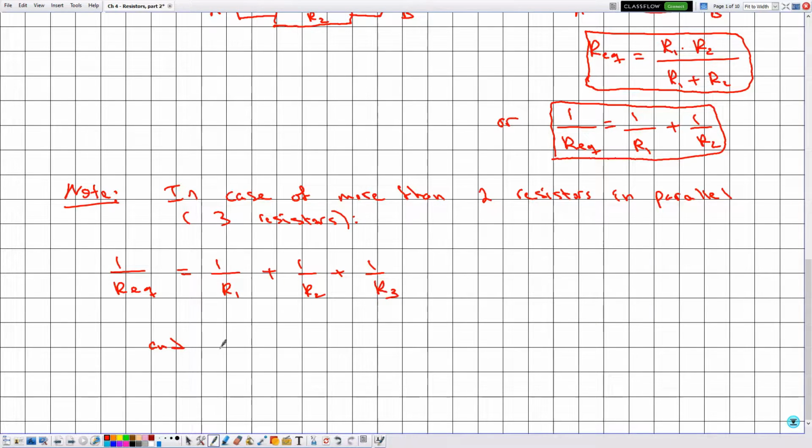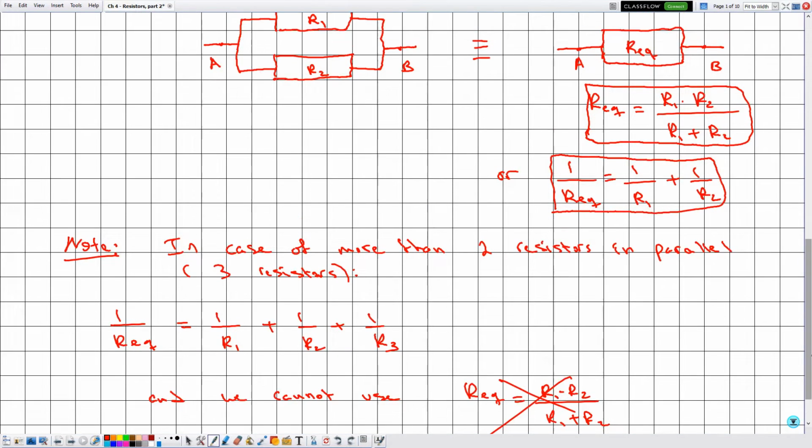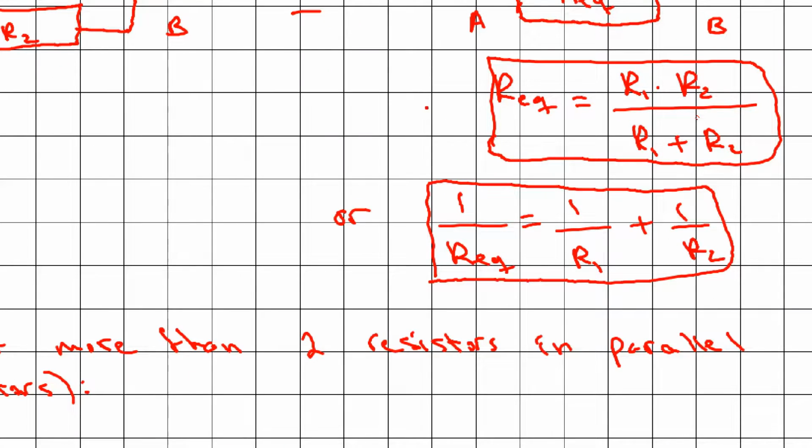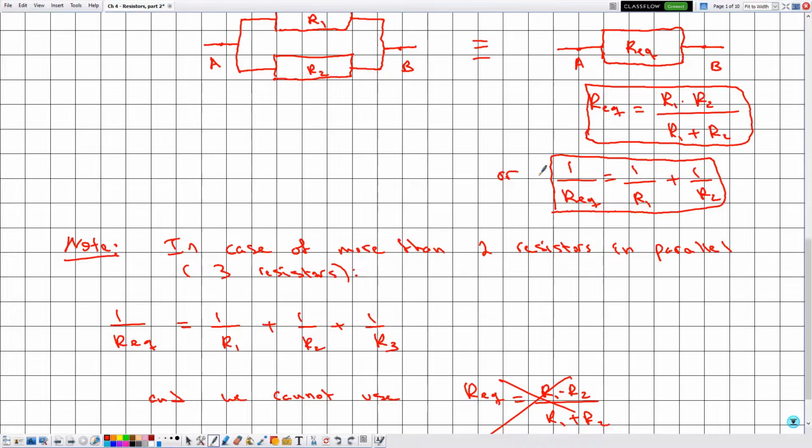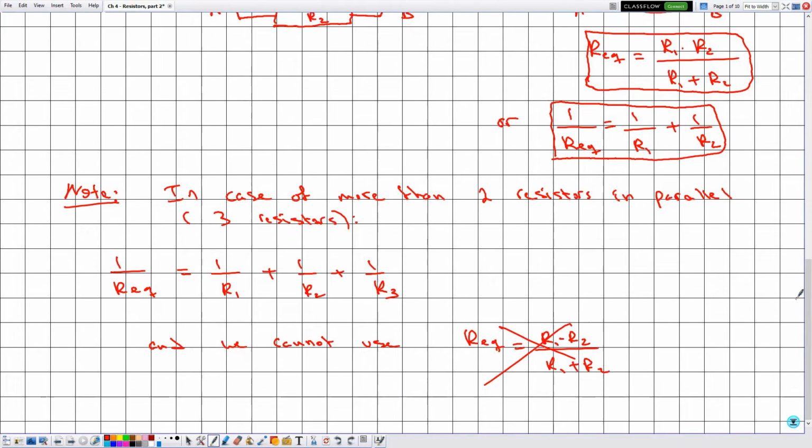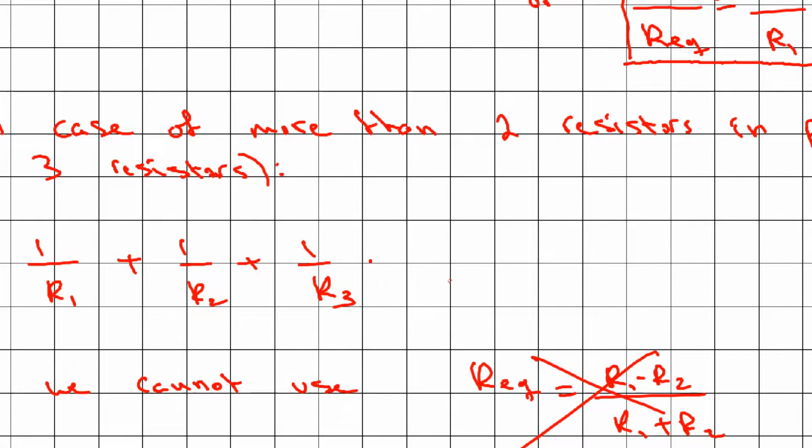And we cannot use R equivalent is equal to R1 multiplied by R2 divided by R1 plus R2. Okay, we cannot use it. So we have the choice to use either this formula or this formula in case of two resistors that are in parallel. Whenever we have more than two resistors in parallel, 3, 4, and if we have 4 resistors, then